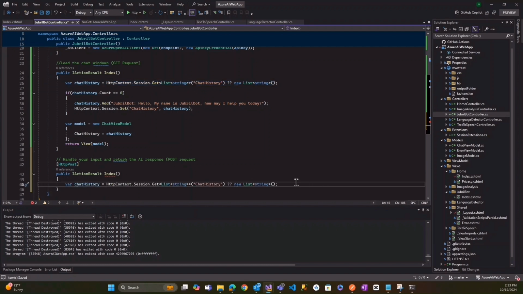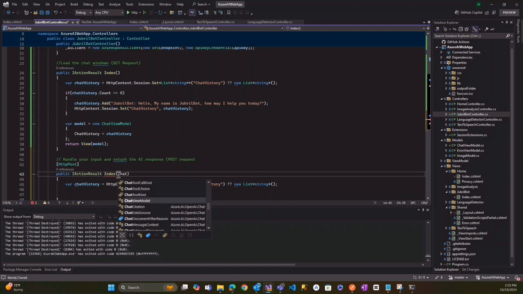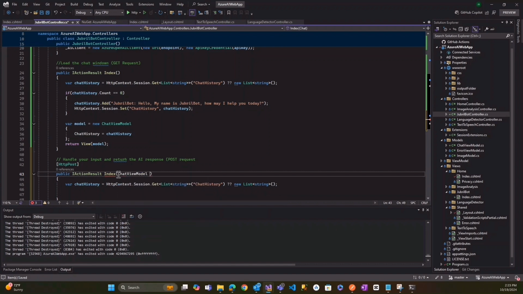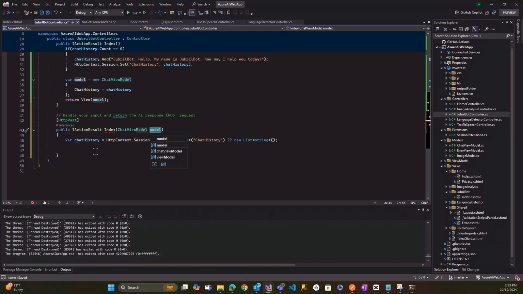So I'll do that here. And here I need to have an object of the chat view model. I'll call that model. That way I'll use the user input property in here to grab the value from the UI that the user inputted in the model. So let's do a conditional statement: if there's no value in the user input model,